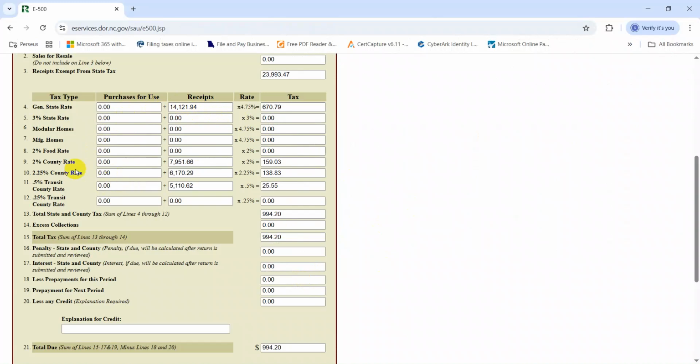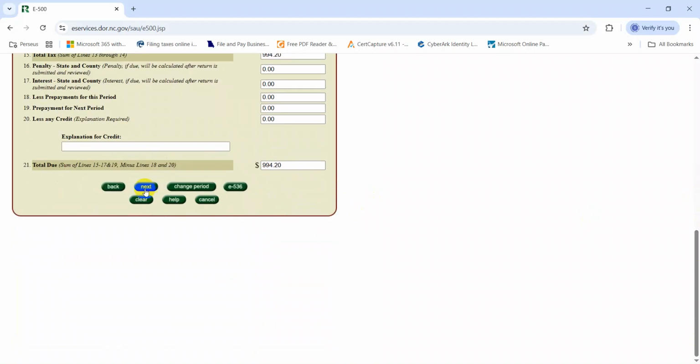Then separately we have to input the 2% county rate, and the county rate sales 2.25 percentage and 0.5% transit county rate. You have to separately mention these. You have to separately input all this information. Now if you click next here,